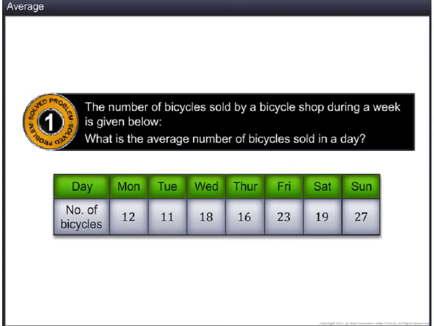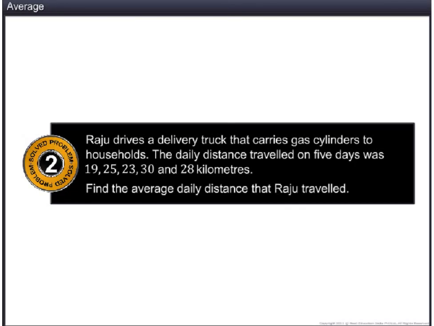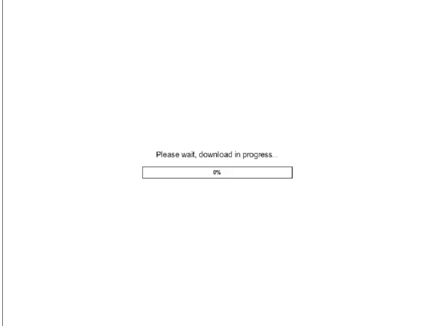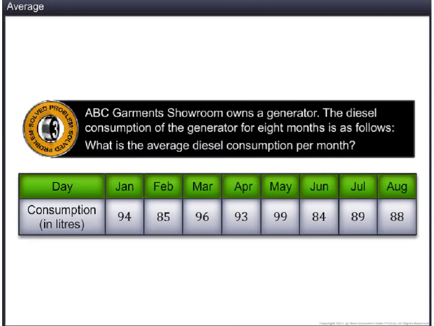The number of bicycles sold by a bicycle shop during a week is shown in the table here. What is the average number of bicycles sold? Raju drives a delivery truck that carries gas cylinders to households. The daily distance travelled on 5 days was 19, 25, 23, 30. ABC Garments Showroom owns a generator. The diesel consumption of the generator for 8 months is as shown. What is the average diesel consumption